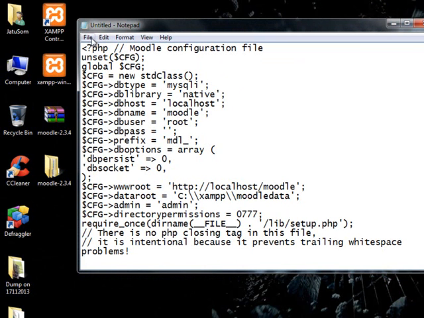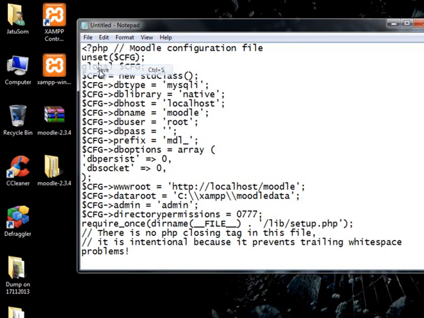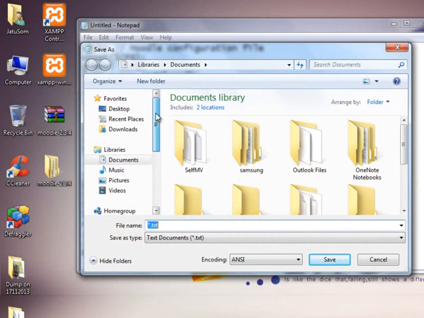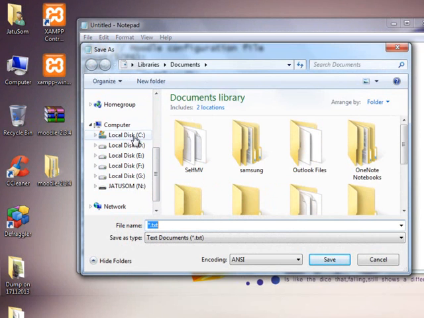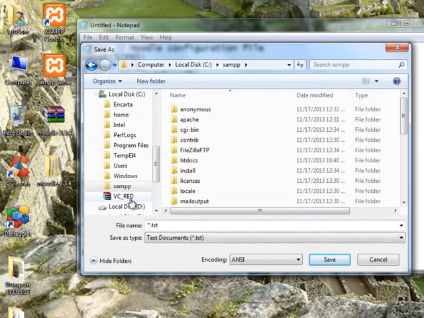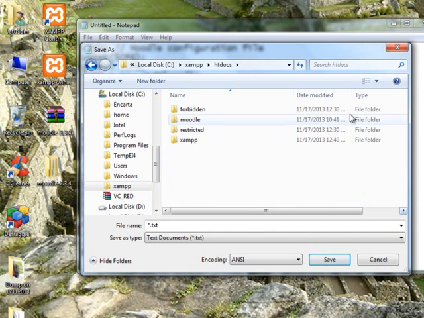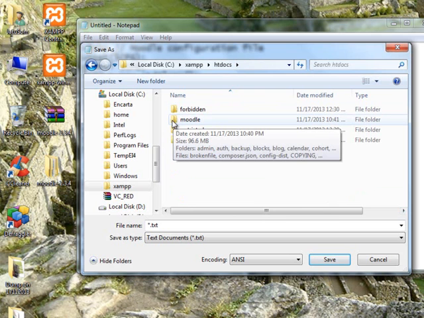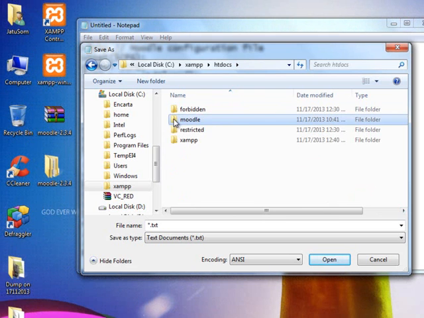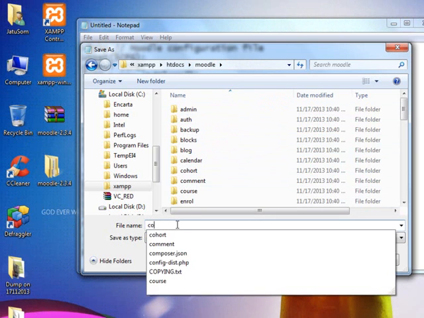Okay, so what you do is you simply save the file under the C drive. Then we have the XAMPP folder. It's very important to note down this step. Under the C drive we have the XAMPP folder, then the htdocs folder, and under the htdocs folder we had copied the Moodle folder. Select the Moodle folder, and as it has been selected, you give the file a name, config